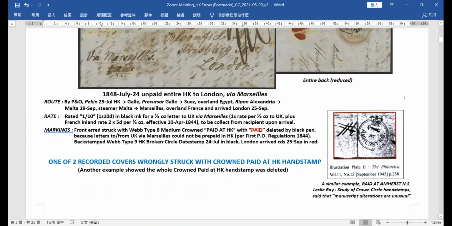The right bottom corner shows you a publication in September 1945 in the Foreign Countries, a study by Leslie Ray, studying the crown circle handstamps. He said that those manuscript alterations are very unusual in this class of handstamps. Therefore, there were not only errors,